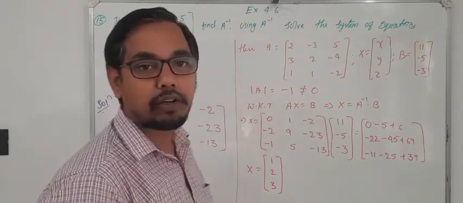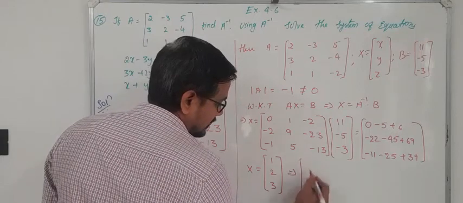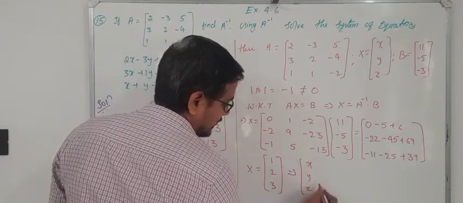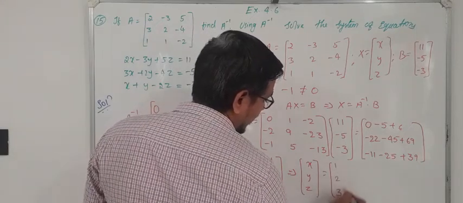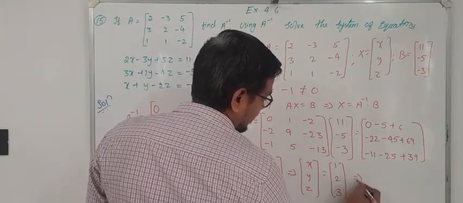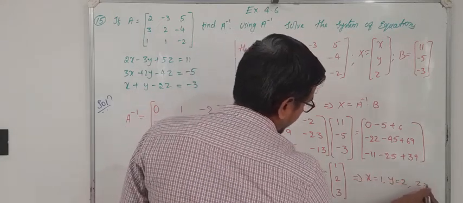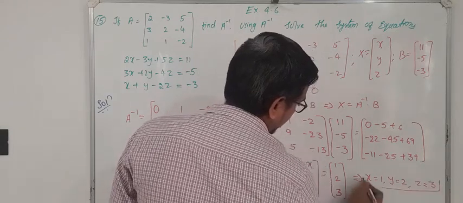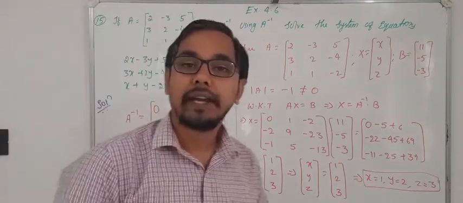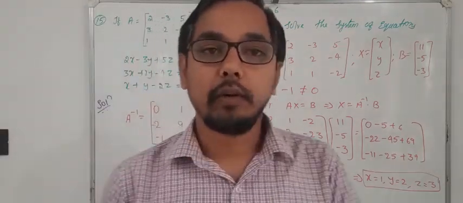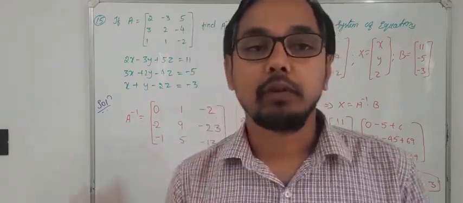Right? So x we got it as 1, 2 and 3. But what is x? X, y, z is equal to 1, 2, 3. So when we equate two matrices, I can write x is equal to 1, y is equal to 2, z is equal to 3. This is how I can write it. So these are the values of x, y and z. So this is how we were supposed to solve this one. So you go through this one, pause for a moment, make a note of it.